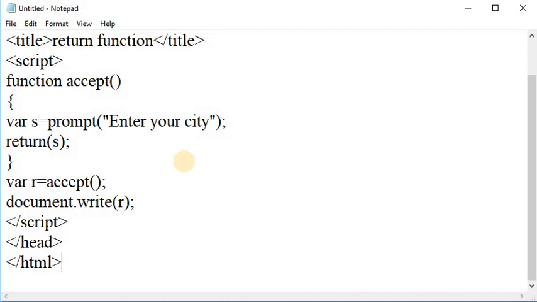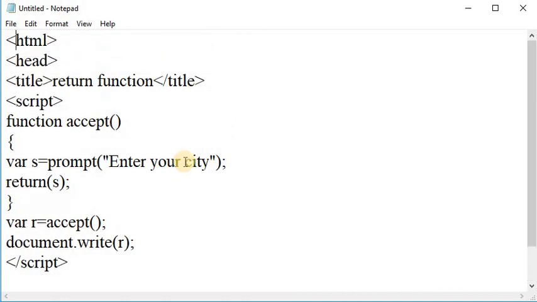In this program I am taking one function named accept, and in the accept function I am taking one variable, that is s, and I am writing the prompt method with the message enter your city. Prompt is a method used to display the dialog with the optional message, prompting the user to input some text.